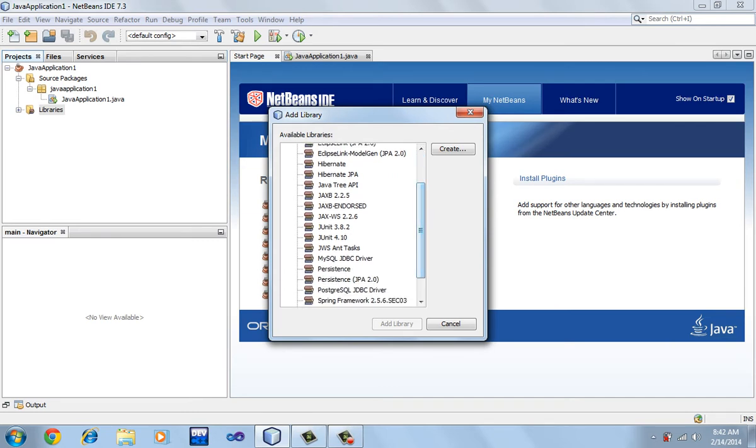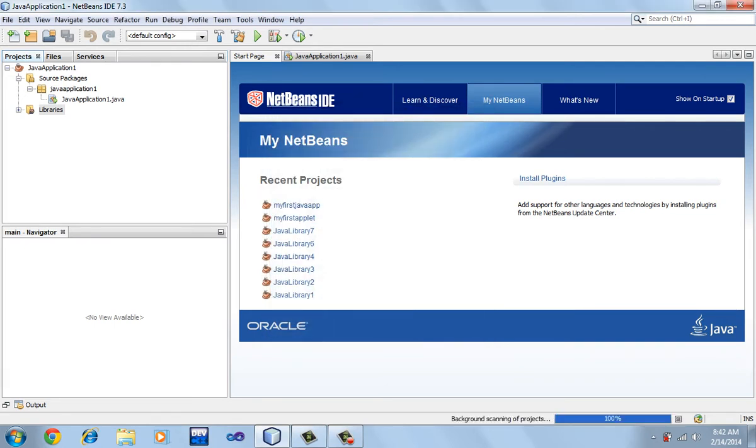From this place you can choose MySQL JDBC Driver. Click on Add Library. Now you can see you have got this MySQL JDBC Driver under Libraries.